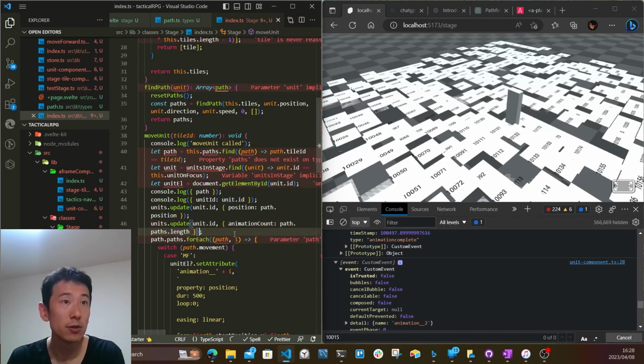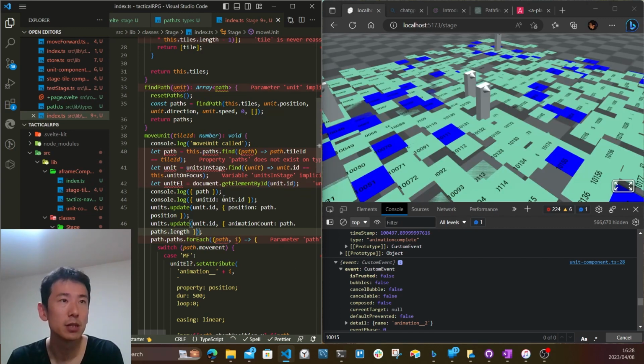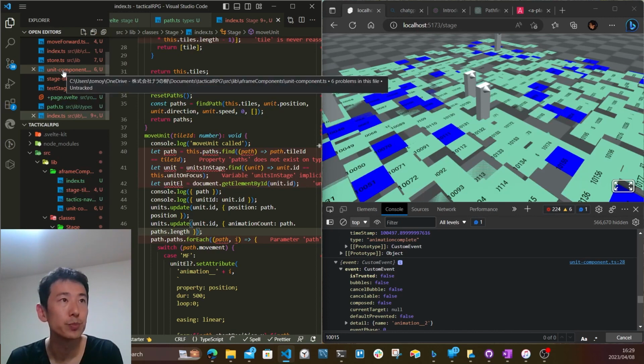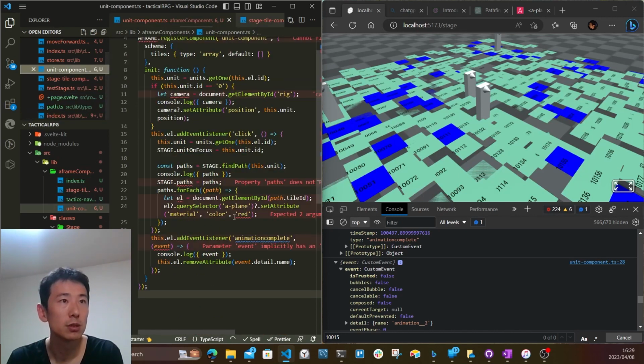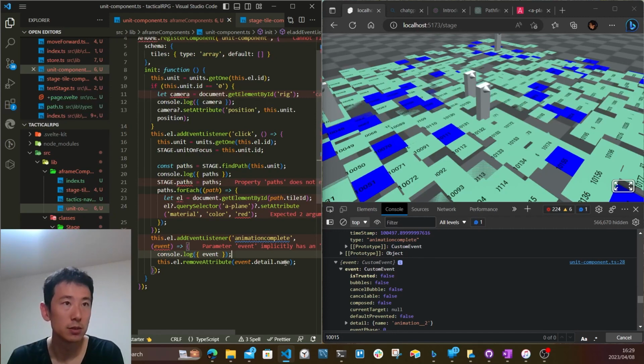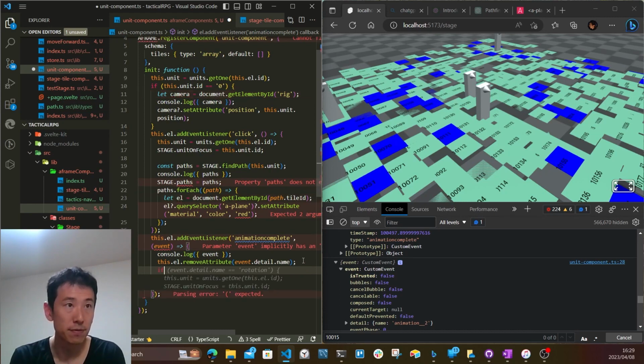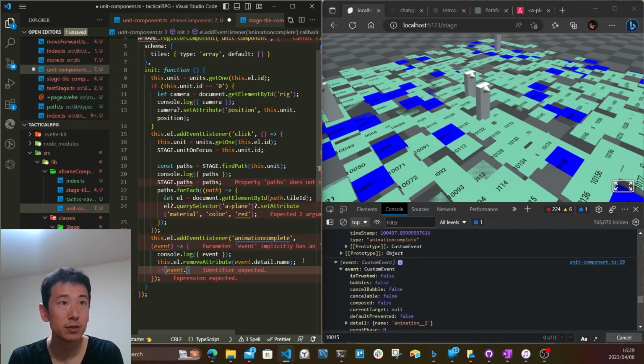Okay, so the unit's animation count is updated, and so in the unit component after the event and remove attribute, if event detail name split underscore and